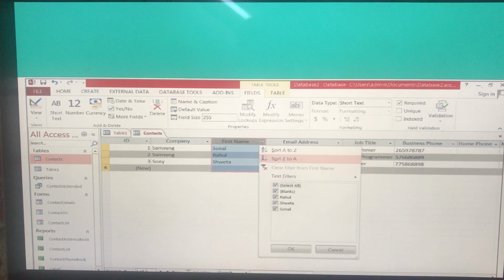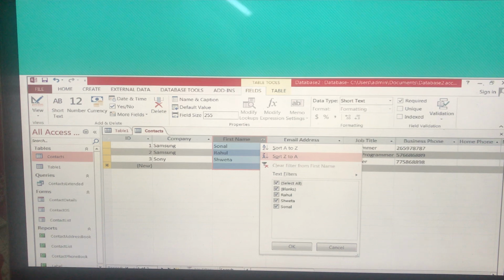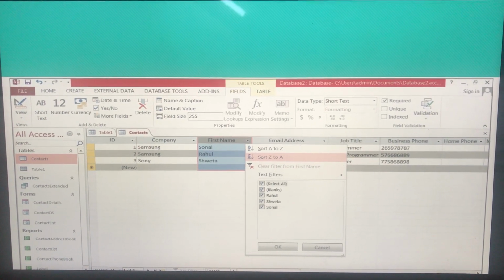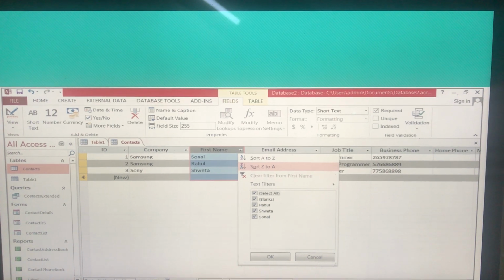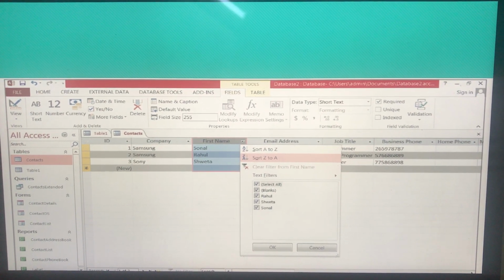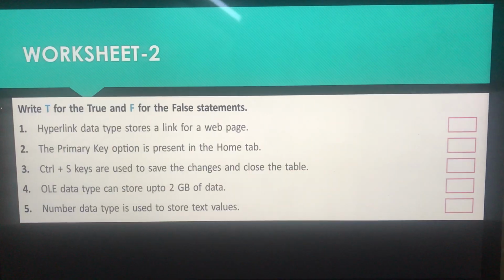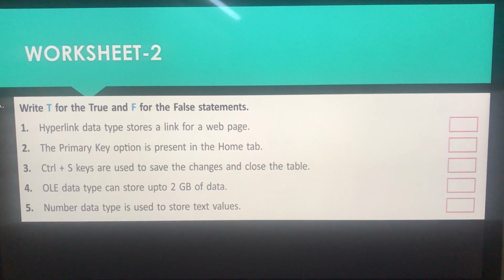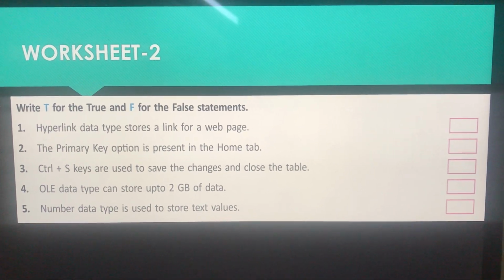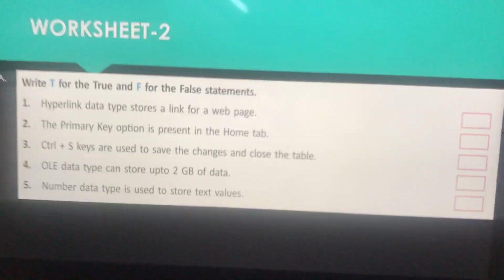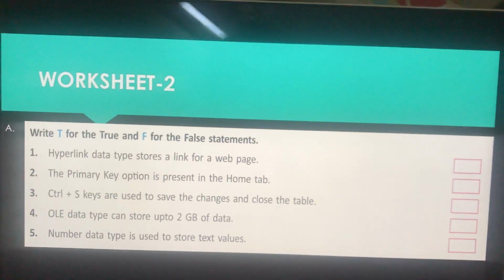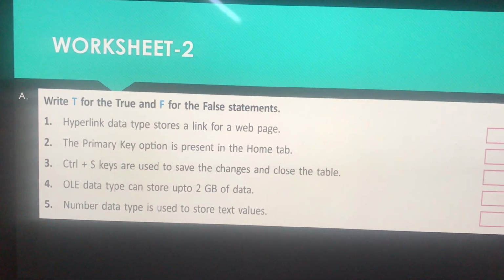I have to teach you, right? So that's why I take a screenshot of it and insert it in these slides to make things clear to all of you. So no need to make all of this. Just write the content as your classwork, and this worksheet will be your homework that you have to submit by Sunday, both classwork and homework. So let's discuss your worksheet. This is the second and last worksheet of this chapter.